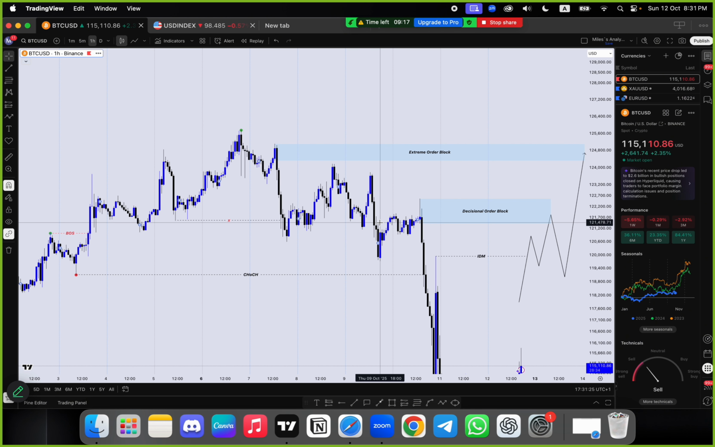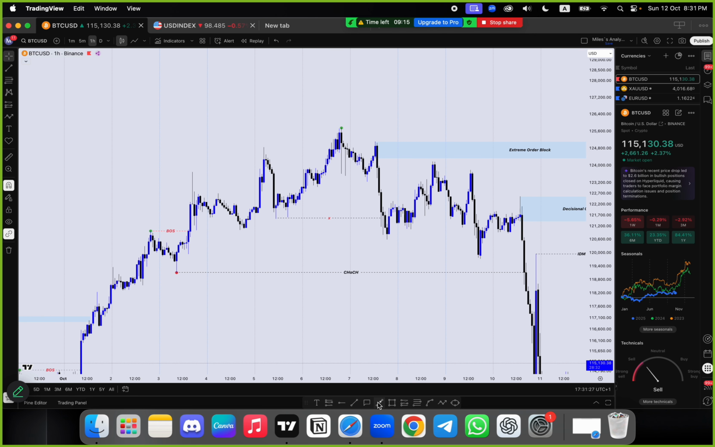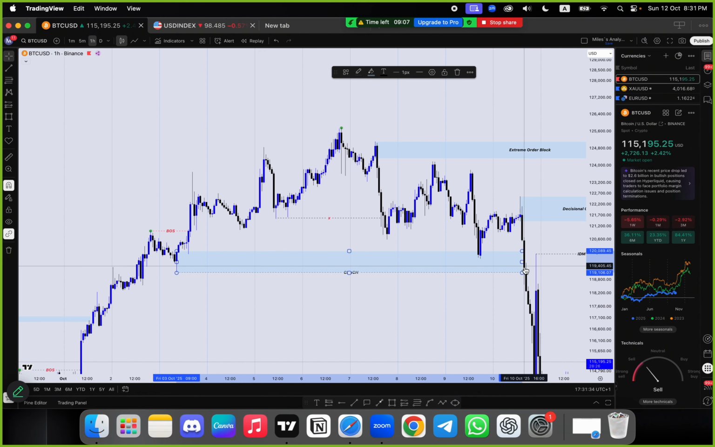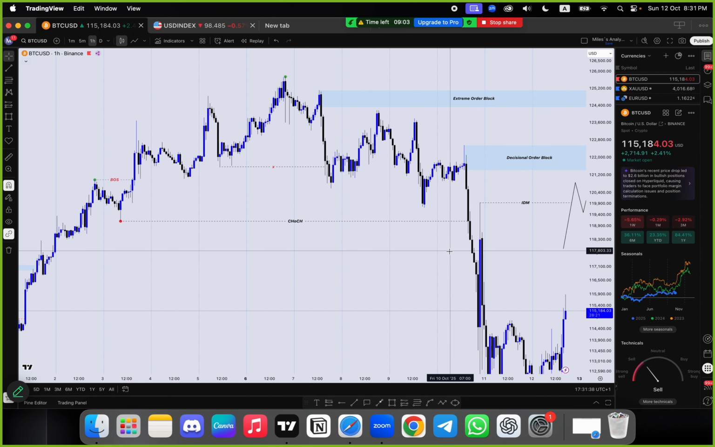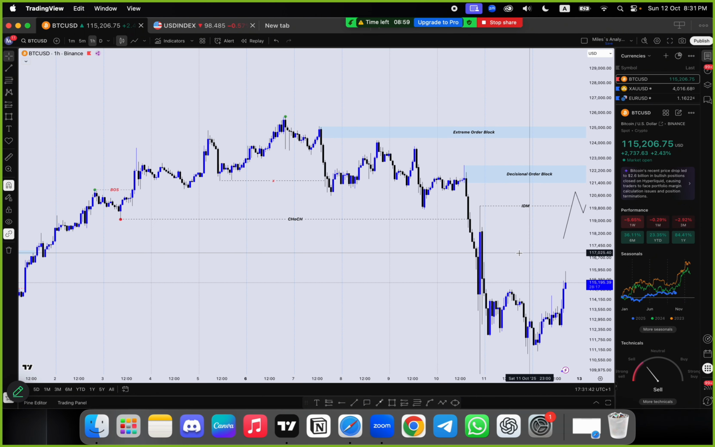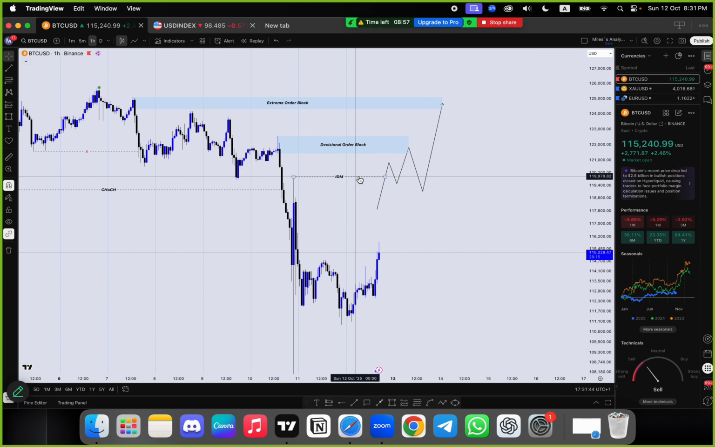Then price took out adjustment. So most people are anticipating buys from here, since this was the last demand zone created. But as you can see, when price reached this point, it just breached it, meaning longs are no longer possible. So people who wanted to sell, this was a good opportunity to sell after this change of character was created. But currently, you can see that price created an adjustment here, with a decision order block and extreme order